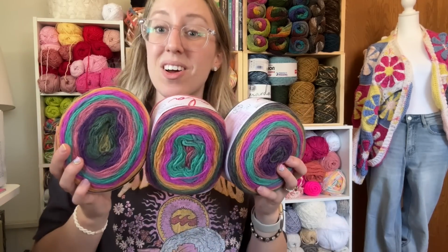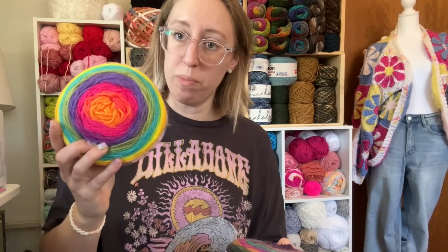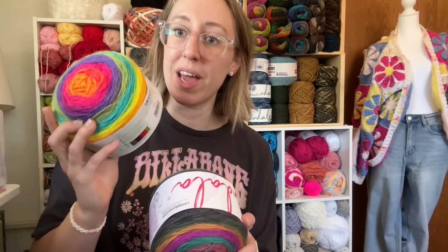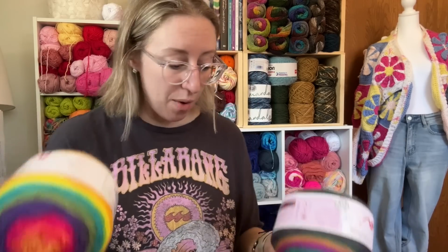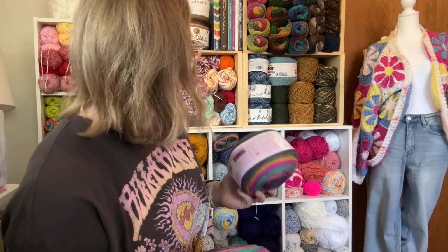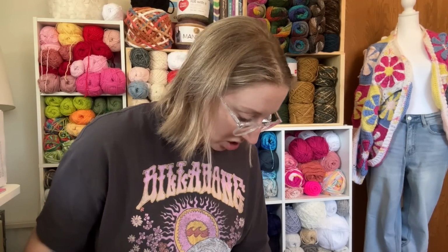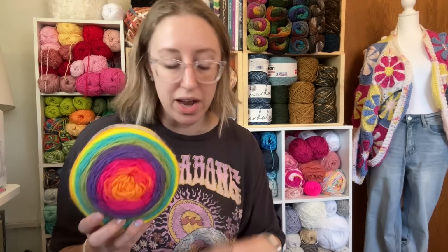So cute. And then I bought 3 in the color Mantis. And honestly, I thought that one of these was the color Gnome, but apparently not. So apparently I only have one in the color Gnome. So I'm going to have to keep my eye out for more of that one because I thought I had another one, but apparently I did not. So that's a bummer, but that is a-okay because this is obviously still available online, so I can always buy